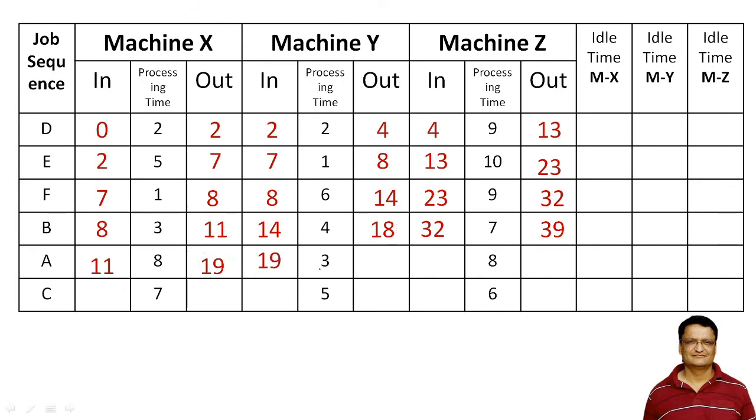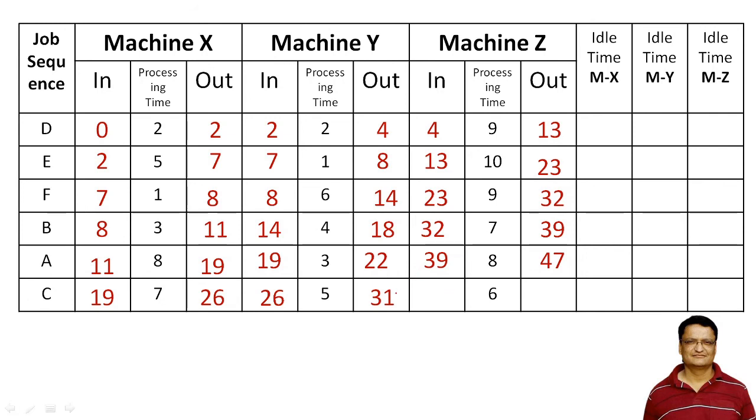So 19 plus 3 will give me 22. And again, out of this 22 and 39, maximum value is 39. So I will put 39 over here. 39 plus 8 will give me the 47. And we are looking for now last row, right? So this 19 will directly come over here. So 26, right? So again there is a tie, 26 and 22. The maximum value is 26 plus 5, 31.